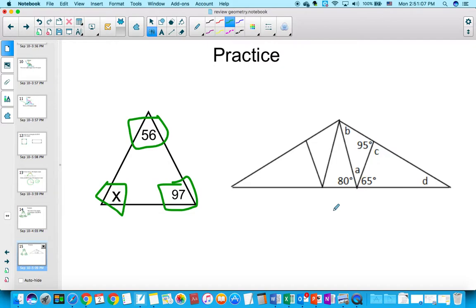If you have trouble with this one, if you are watching this at home, please just come to me in class and I'll show you how to solve this one. It's easier than it looks, but it can be tricky if you don't remember the rules of 180 for every triangle. So you just got to find each triangle and know